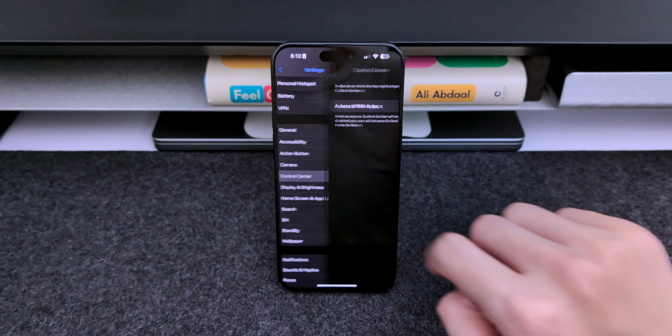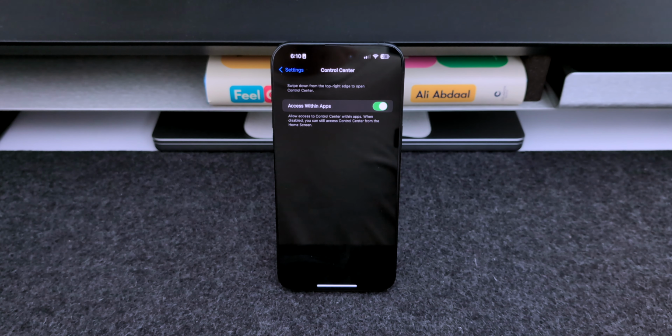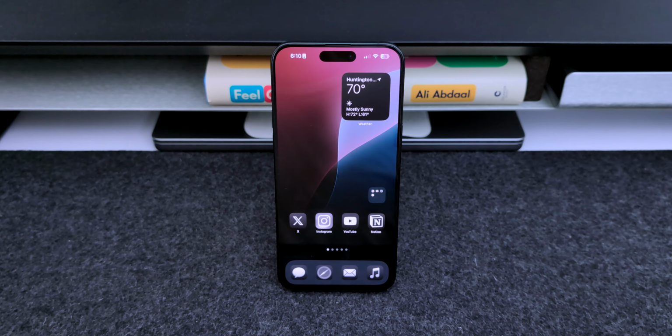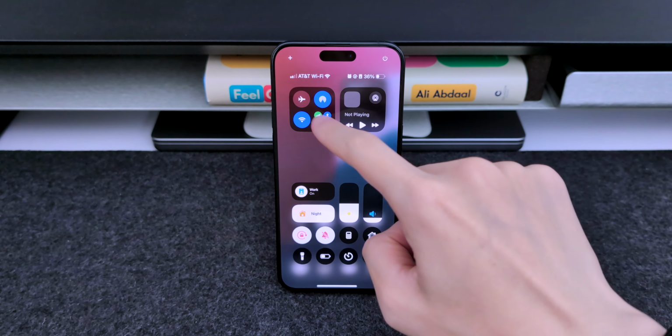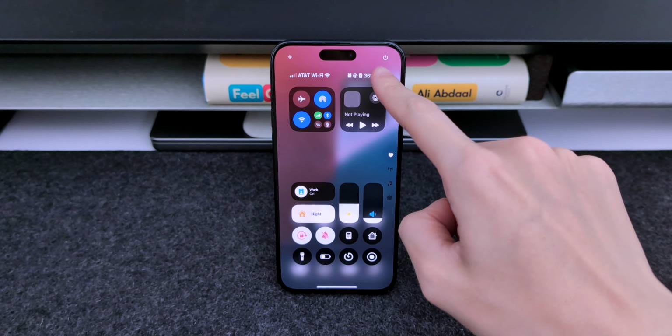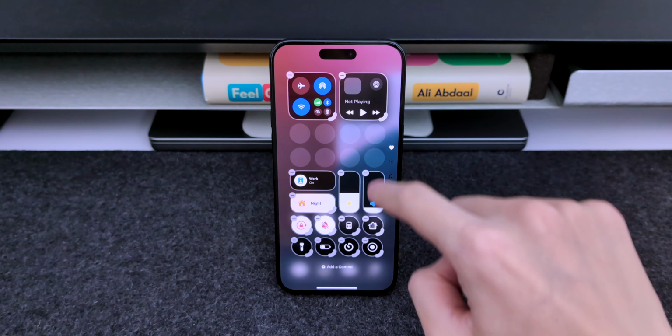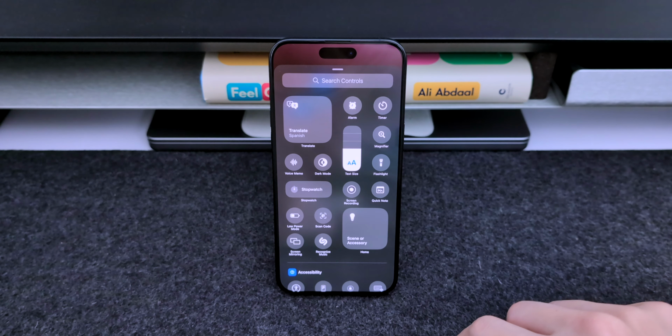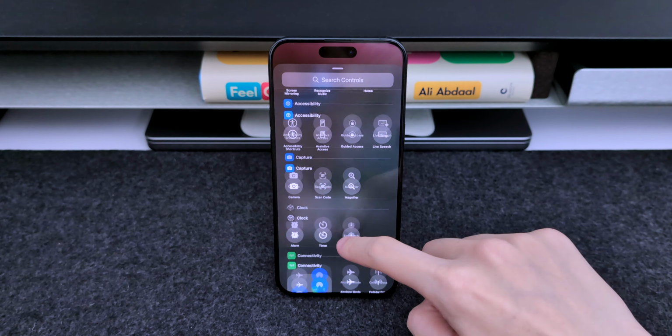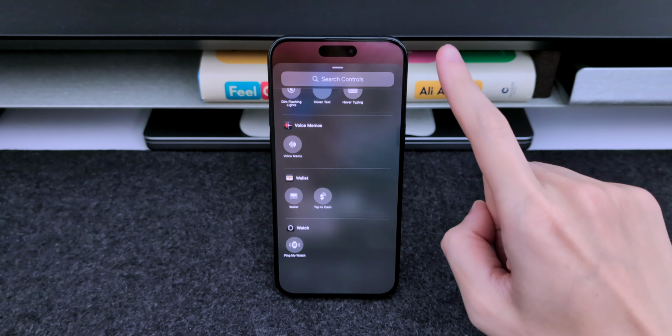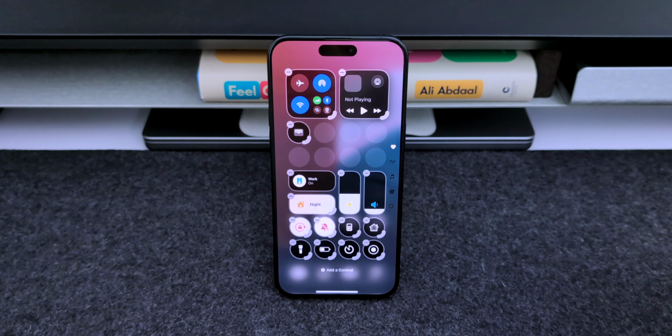And what's nice is that you no longer need to go to Control Center under Settings to add or remove something. Everything is done with a plus button in the top left. There's also a new shutdown icon in the top right. Let's add a new control. I'm going to tap the plus icon, then add a control. A new controls gallery will slide up, then I just find the one I like, tap it, and boom.